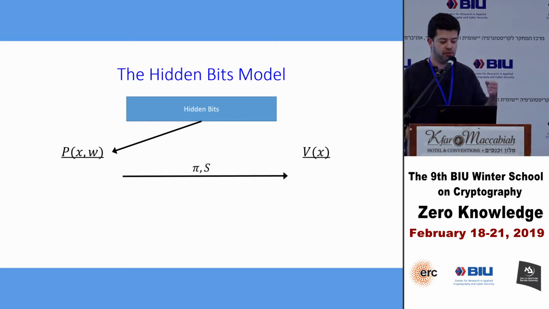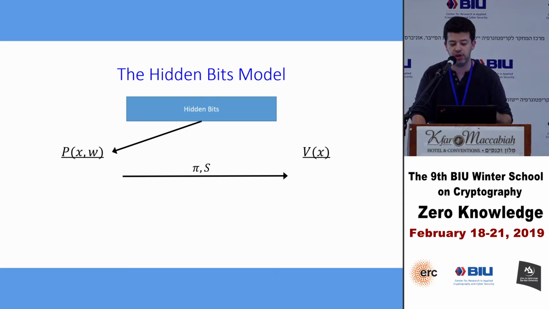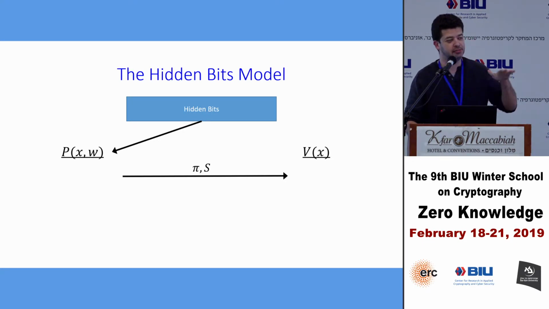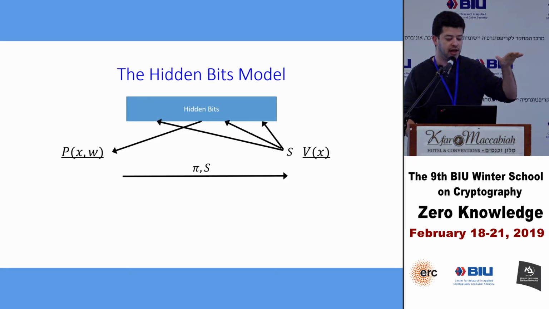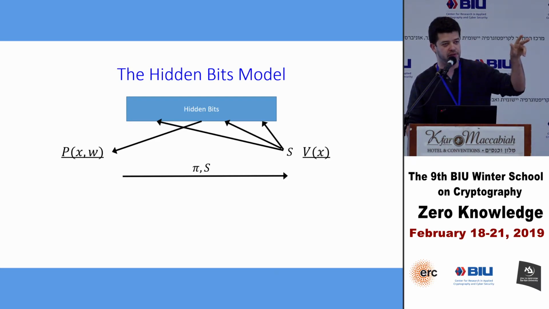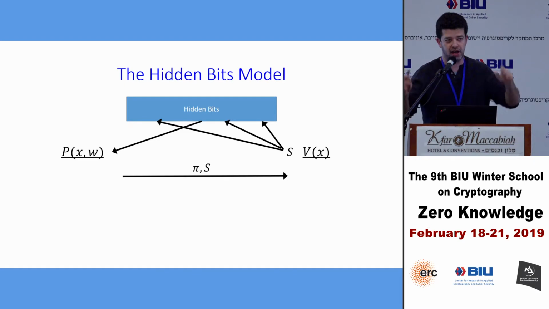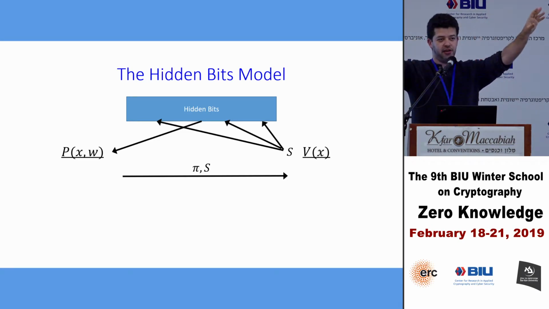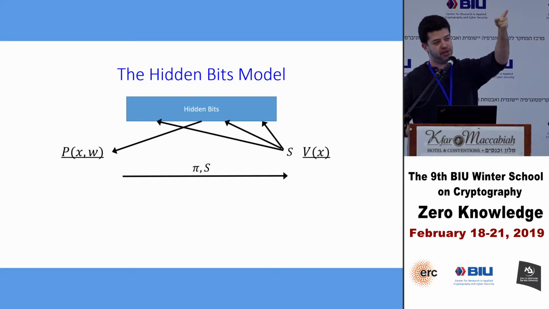However, the prover, so given these hidden bits, or given this string in the sky, X and W, the prover generates a proof pi. But in addition to the proof pi, it can specify some subset of these coordinates in the sky. And only for those coordinates, the verifier now gets to see their values. So one kind of way to put it is, we have these hidden bits in the sky. They're all kind of covered with clouds from the perspective of the verifier. And I guess the prover has some sort of a laser or something that it can point at particular clouds to clear them up, which allows the verifier to see particular points in the string.